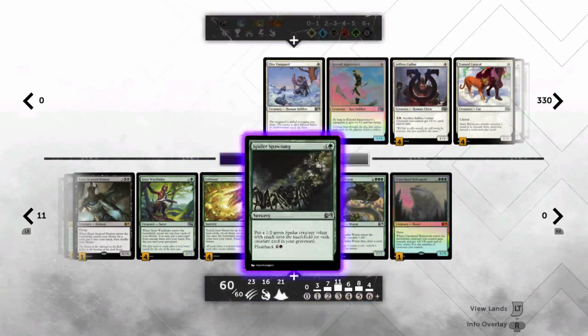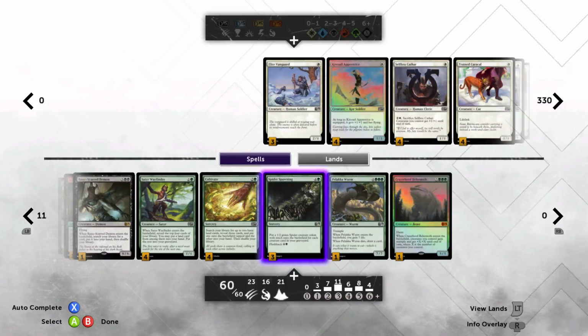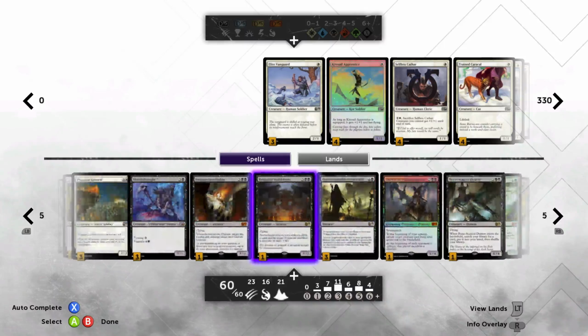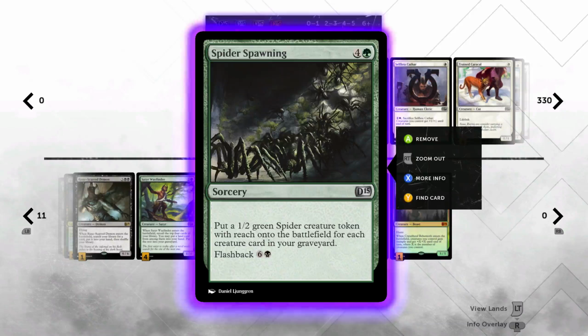Spider spawning, we have the full 3 of. Love the flashback cost. We can utilize that. It's just an all-around good time. Oh, the other thing, the flashback is counterable because it reads...